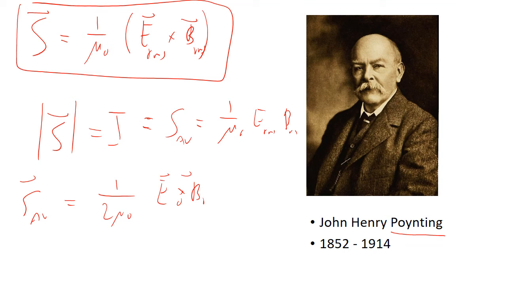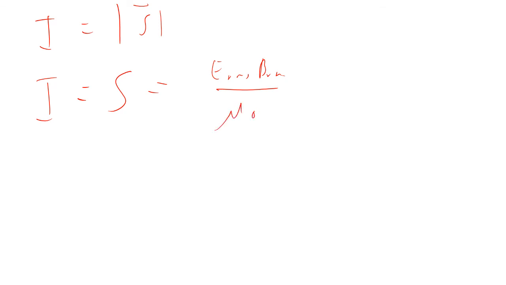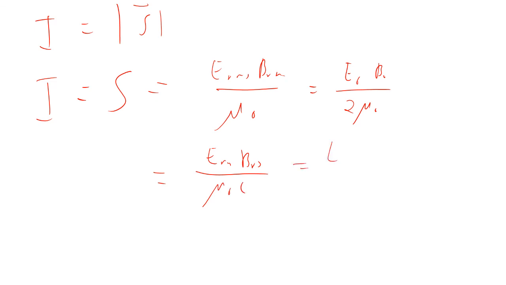One thing to remember is that we do know that B naught and E naught are related to each other, so we can rewrite this in multiple different ways. The intensity, which is the magnitude of the Poynting vector, or sometimes we just use S for that, can be E RMS, B RMS over mu naught. It could be E naught, B naught over 2 mu naught. It could be E RMS, B RMS over mu naught C, or E naught, B naught over 2 mu naught C,